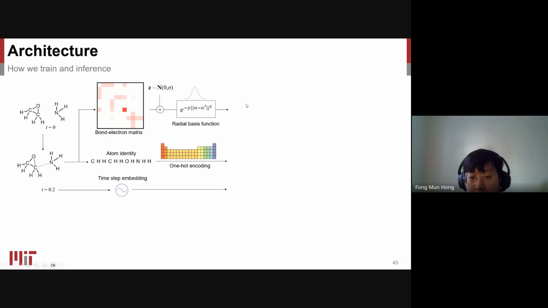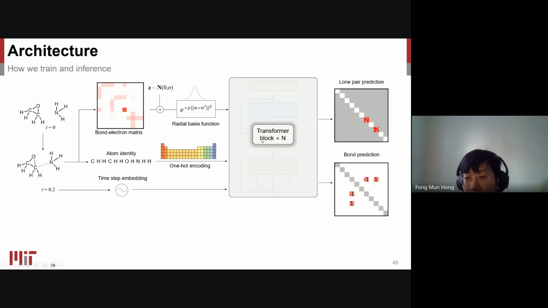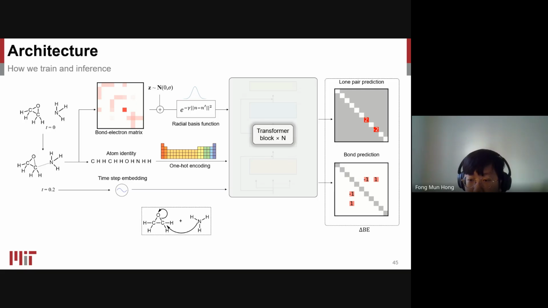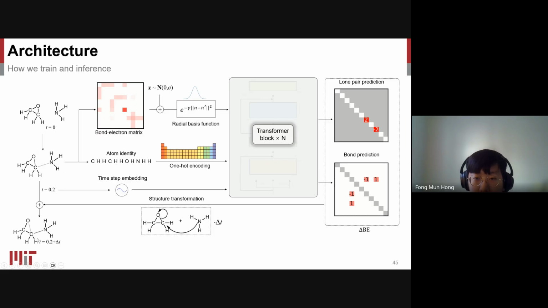There is a sinusoidal encoder that encodes the time, and that feeds into the transformer block, which predicts the lone pairs and also the bonds. That constitutes the delta BE matrix, which is the structure transformation applied to the current intermediate, scaled with time, and that forms the next